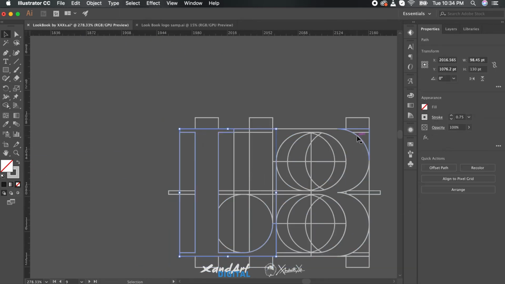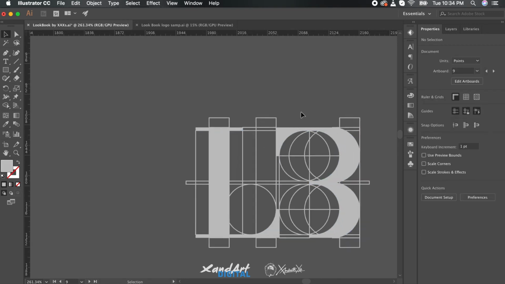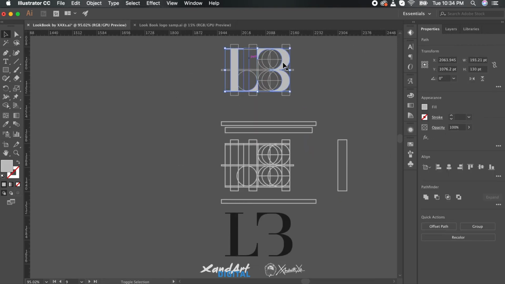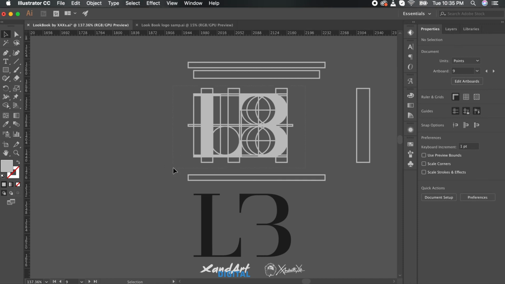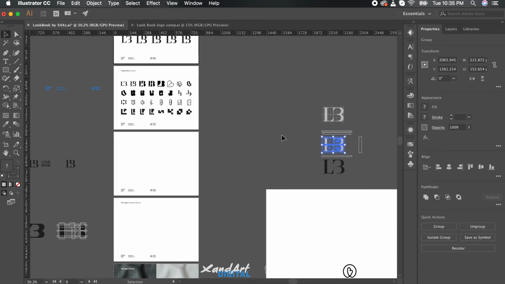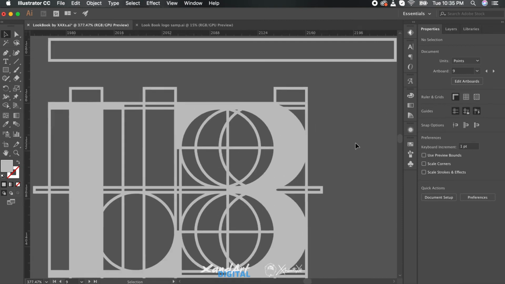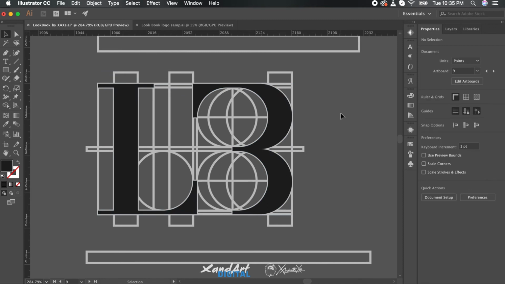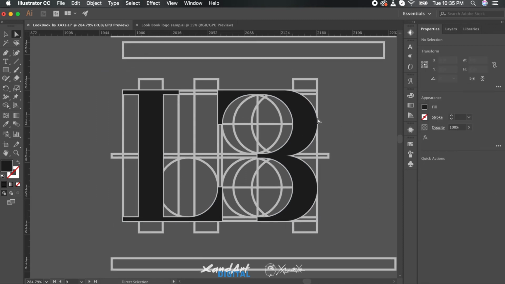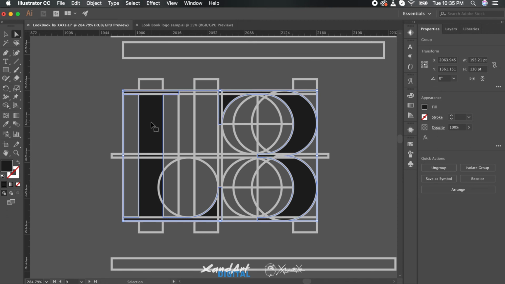Once you have combined the shape, you can just select the combined shape and fill it up instead of the outline mode. The shortcut is Shift plus X, and just bring it out and check what you have done. And that's how you use a logo grid. Let's look back at what we created, the difference, and the parts that the logo, although it looks simple, has, and how it compares to the grid. And done.